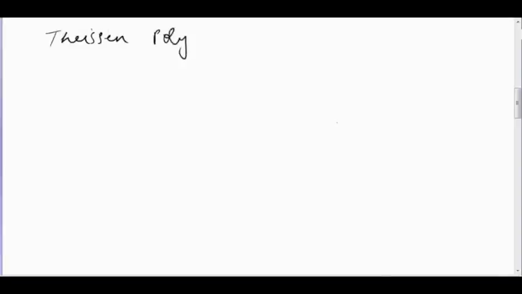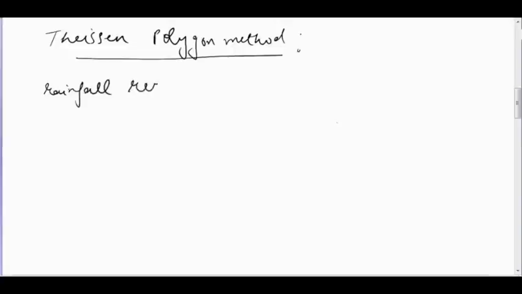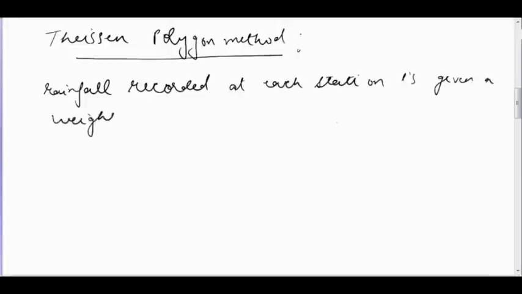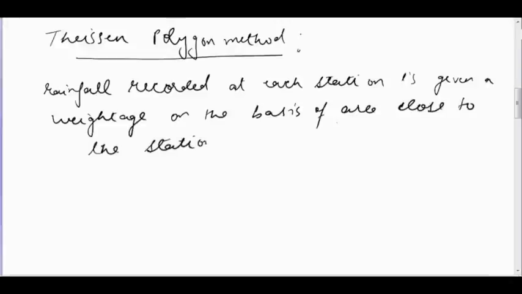Thiessen Polygon method. So in this method what happens? The rainfall recorded at each station is given a weightage on the basis of area close to the station. So let's say I have this catchment, a square catchment, and I have installed rain gauges